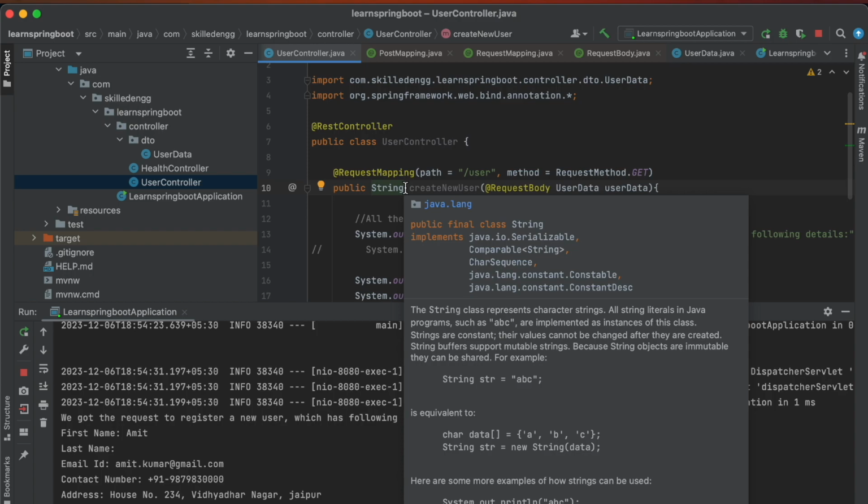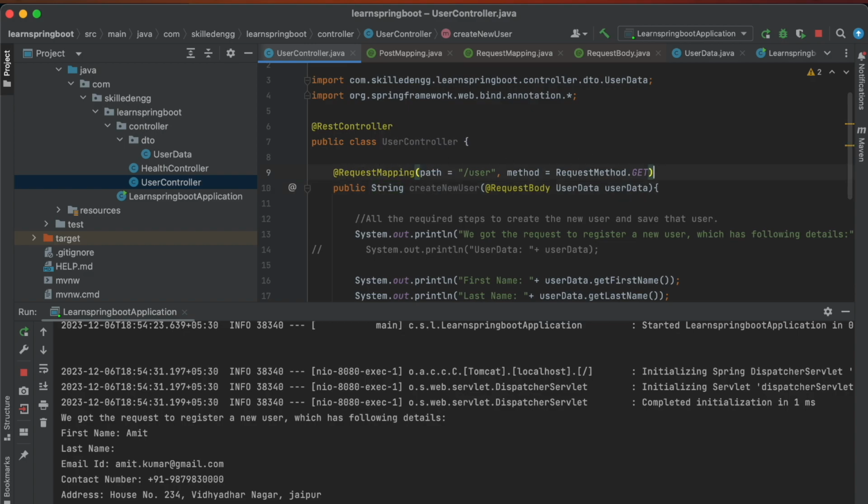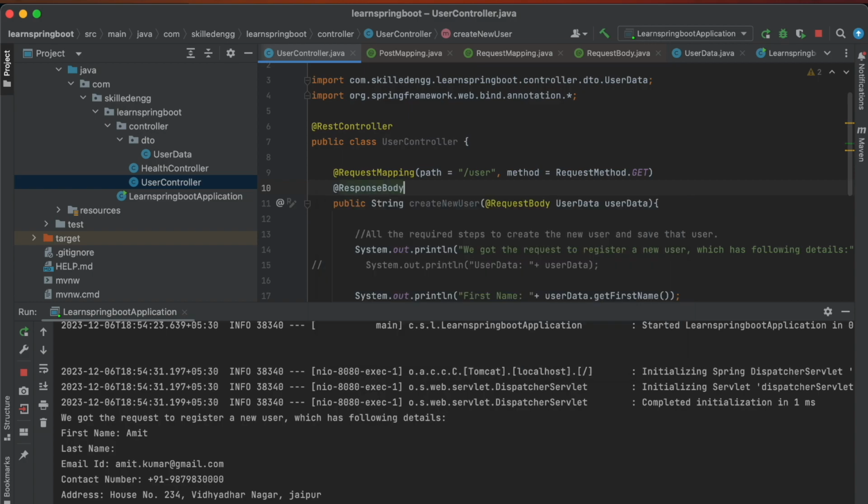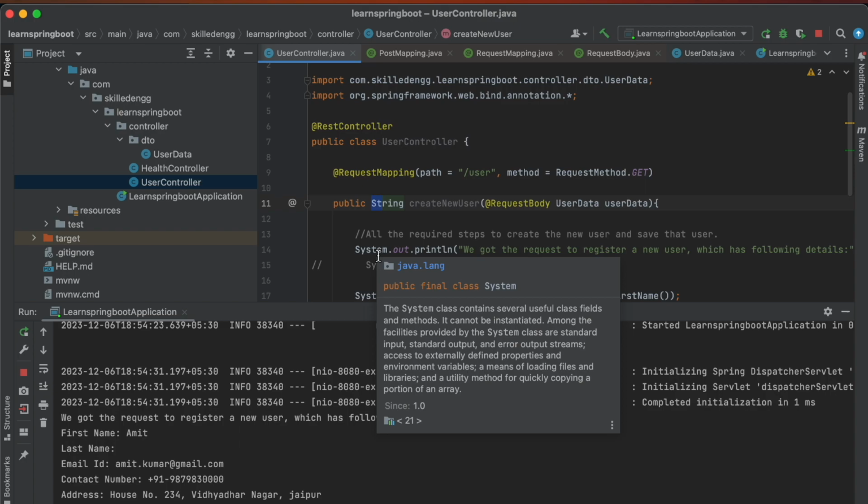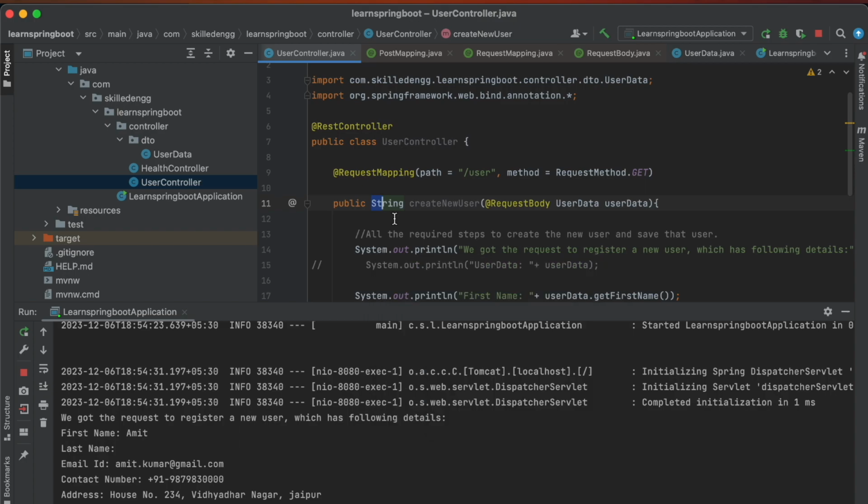So whether we are using this annotation directly, meaning we can use it on the method like this @ResponseBody, or currently we are using it at the class level, which means we are using this @ResponseBody annotation indirectly, in either case on a method, Spring serializes this particular return type, which is the string in our case. Spring will serialize the return value of that method and write that value to the HTTP response body automatically. That is the use of the @ResponseBody annotation.